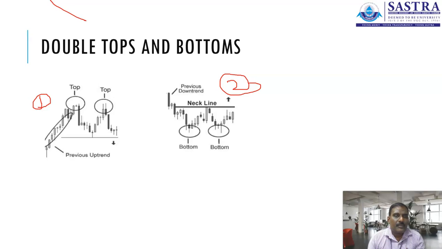Next one is the double top and double bottom pattern. The first chart is going to explain the double top pattern. The second chart is going to explain the double bottom pattern. They can be identified based on the movement of stock prices in the market, what type of pattern is being